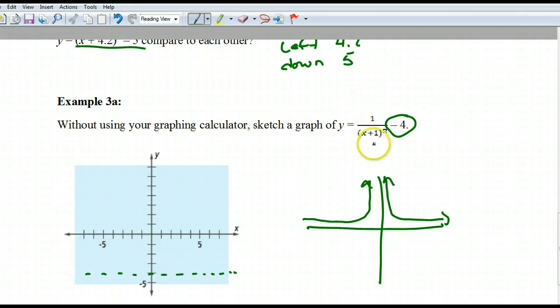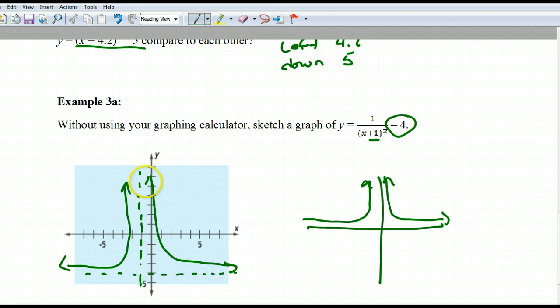Okay? And then it says x plus 1. Which way is it going to move that direction? Right or left? Left. And so now instead of the y being our asymptote, we're going to have a 1. We're going to put a new asymptote in right here. You guys see how I did that? Okay, and now you're just going to fill it in. So this is just a quick sketch. Obviously, it's not perfect, but